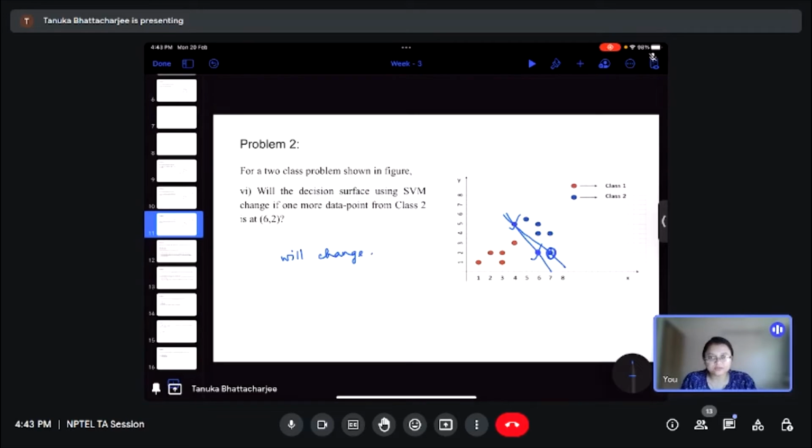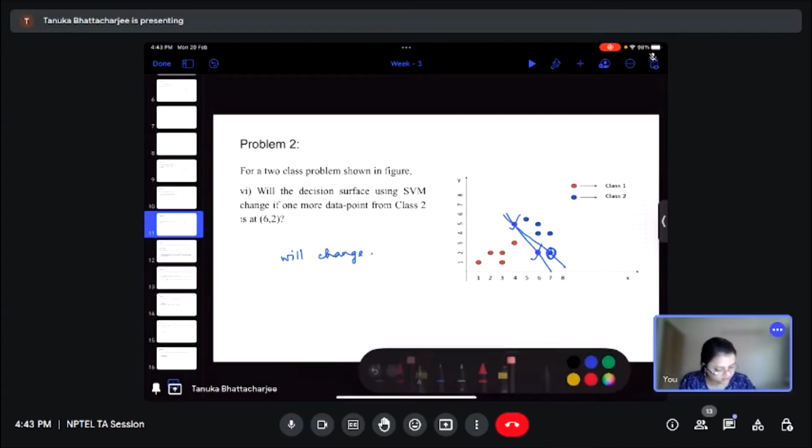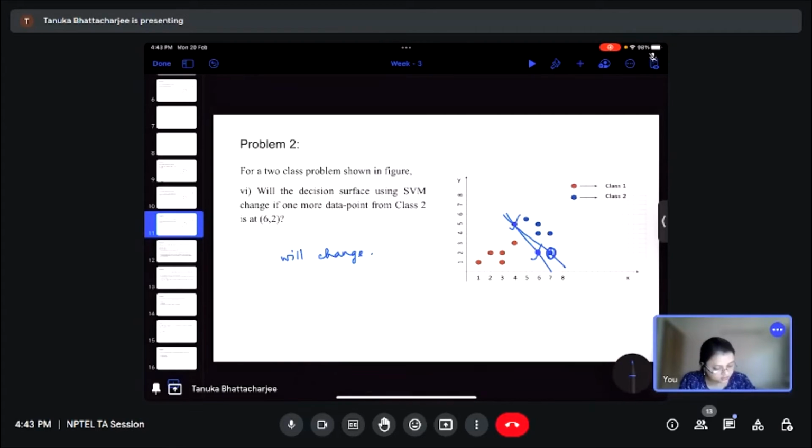So based on this training data, you decide where the decision surface should be. Let's say your new data point comes somewhere here, that's what you are mentioning, right? Yes. So in this case, we cannot completely correctly classify all the training data points with any of the